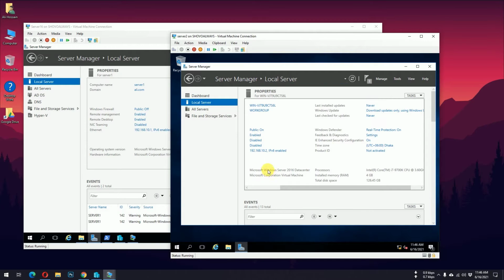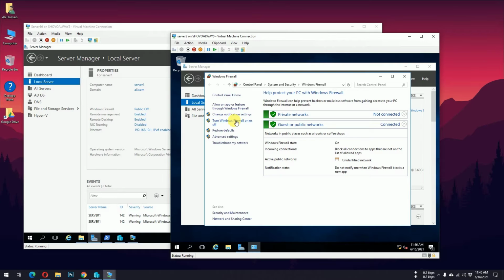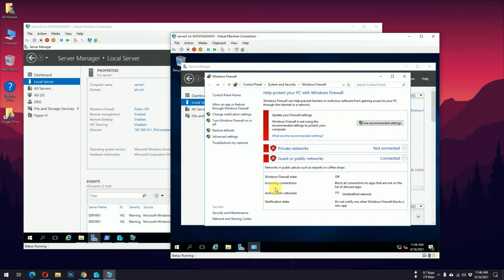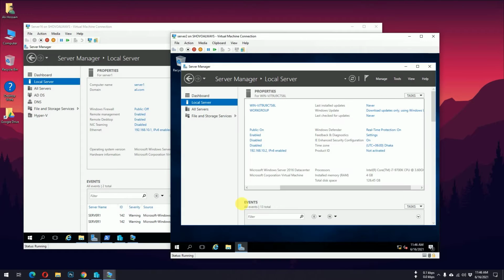Now my next thing is I need to disable my firewall. For this reason I just want to stop the firewall by default. You can accept some default features if you want, but now I want to stop all firewall settings. So now I have actually completed every single thing.